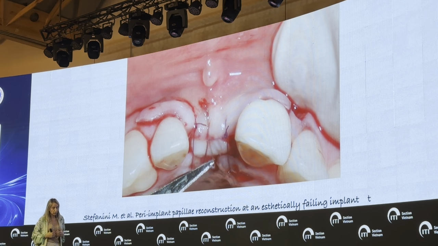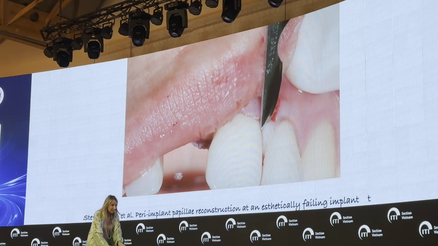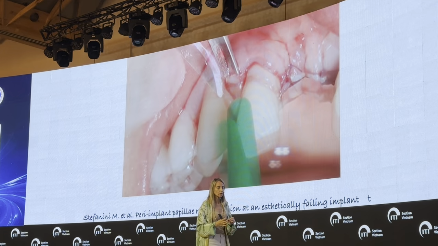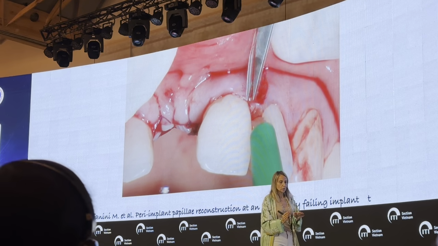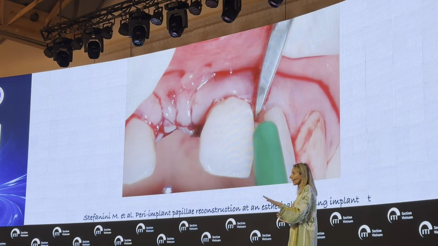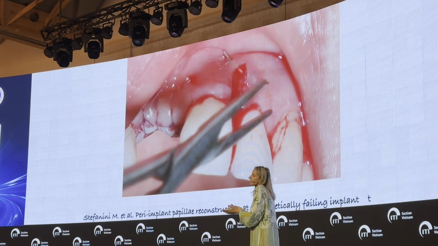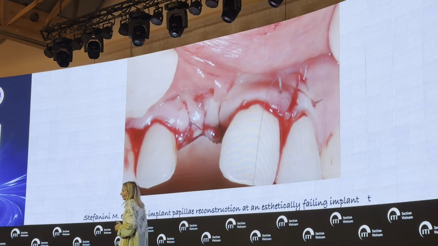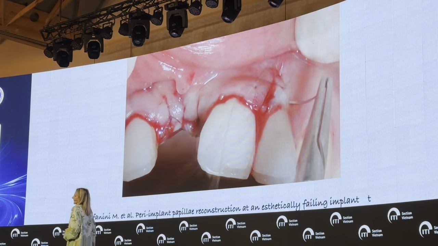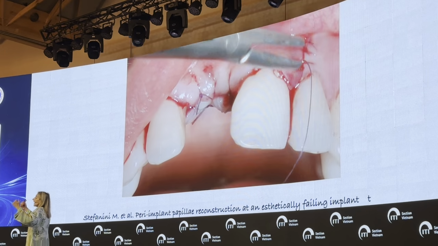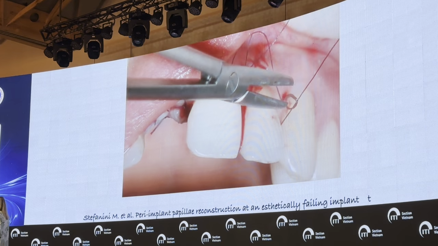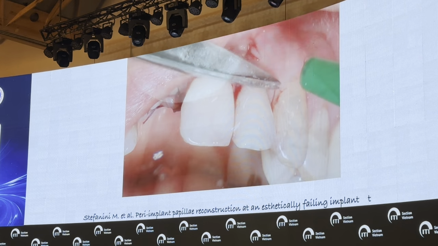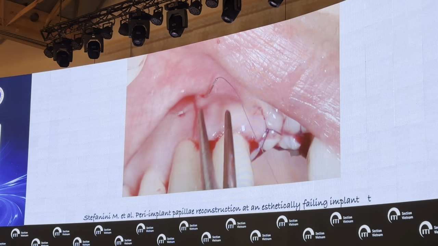So now I have to try to cover everything by first intention. So I start with some single interrupted suture that put in contact the buccal flap with the, not the palatal flap, because I didn't raise the palatal flap, but I just raised a little bit to facilitate the graft fixation. Then I go back to the vertical releasing incision, positioning the two trapezoidal surgical papilla above the anatomical one,